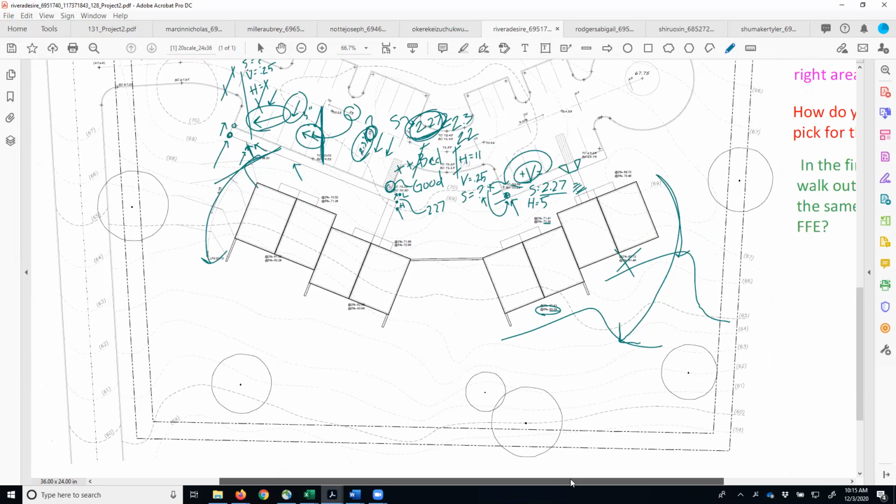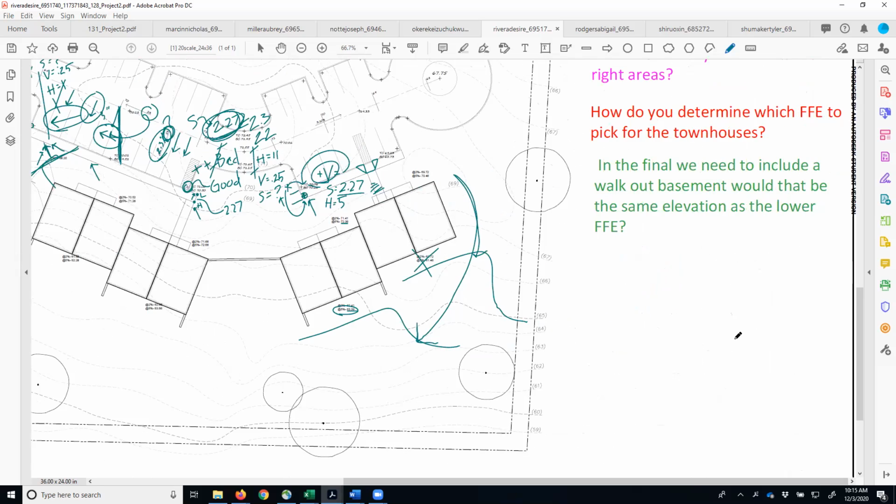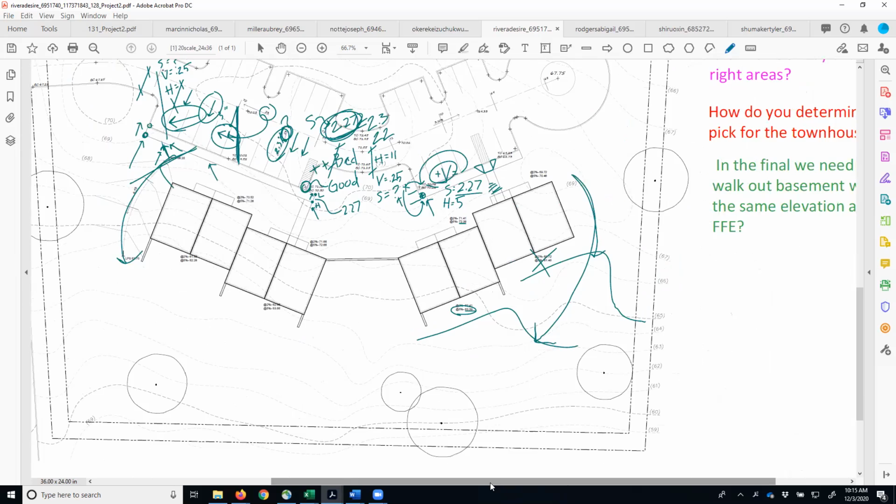Thank you. No problem. In the final, we need to include a walkout basement. Would that be the same elevation as the lower FFE? Yes, that would be the same elevation. And then you would put about a 2% slope on it. And this one would not have one unless we had stairs in the front, but if you had stairs, you would do the same thing. And if you did add those stairs, then this contour would probably come and hit there. And then the rest of the contours,